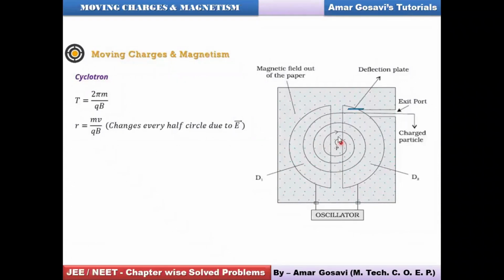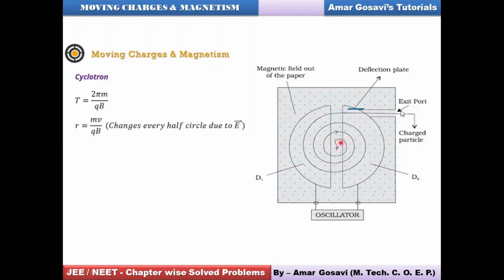Now, continuously in this process, you can see the radius keeps on increasing. And the moment the radius keeps on increasing, obviously we know the acceleration is v square by r, or r omega square in that case, just because angular velocity will be constant in that case. So it is directly proportional to r. So as r increases, the acceleration also increases. So by the time it covers many cycles like this, it becomes a highly accelerated particle which is ready to hit the target through the exit port like this.